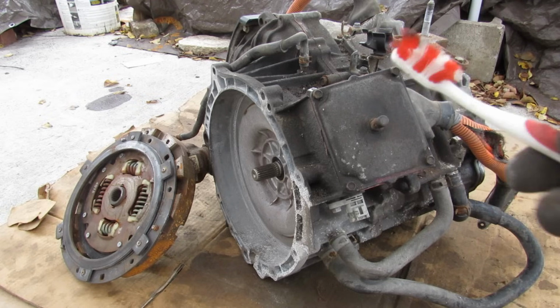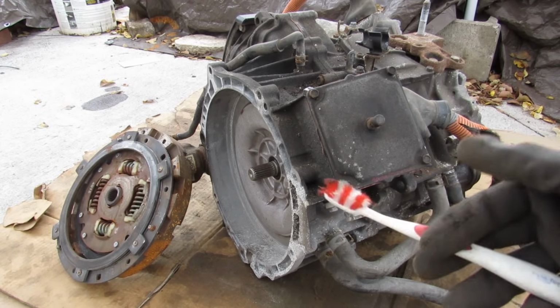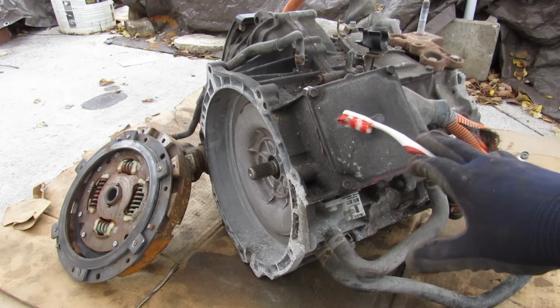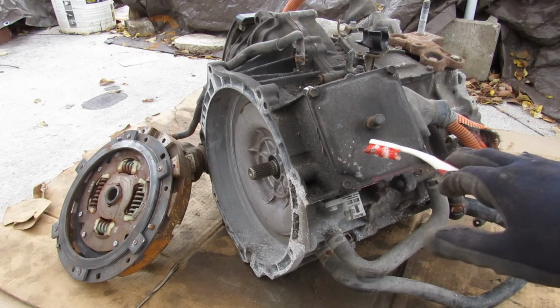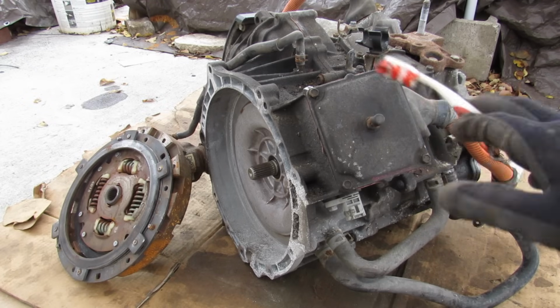Today we're going to be taking an in-depth look inside of the electronically continuously variable transmission out of the Toyota Prius hybrid. Now in the first part of this series, linked above, we explored how the hybrid system works from the battery to the inverter and how it all controls this transmission. Now in this video, being the second part, we're going to be taking a look inside this transmission to see how motor generator 1 and motor generator 2 work together in order to give the proper gear ratios for this